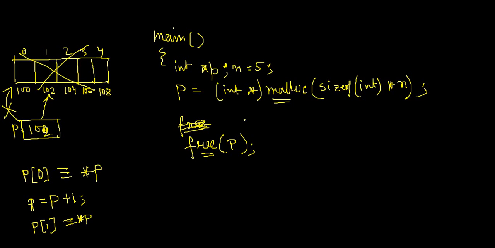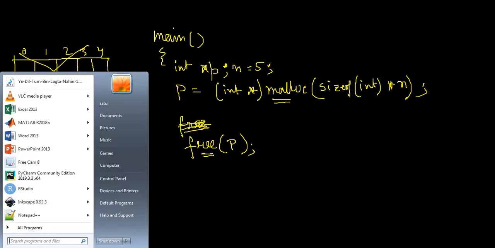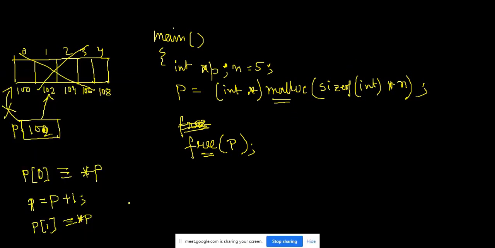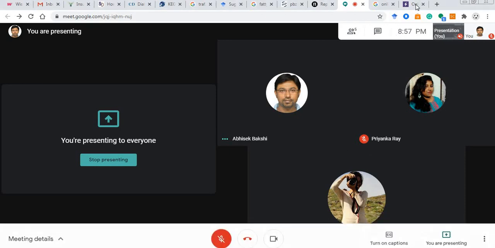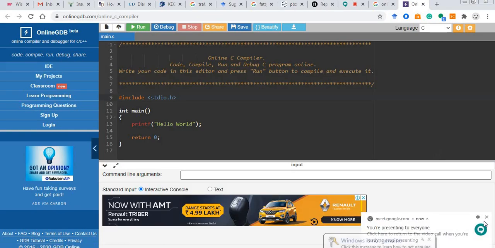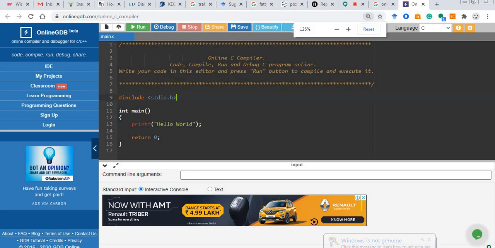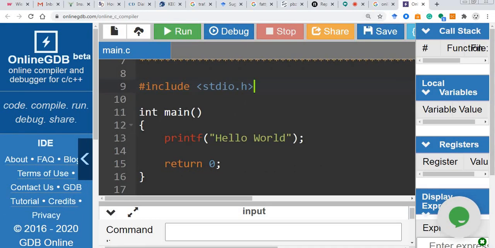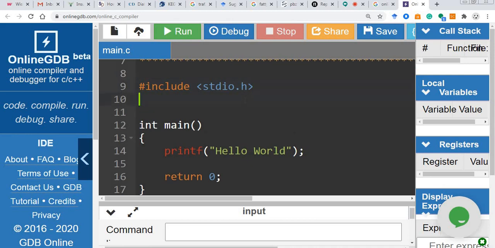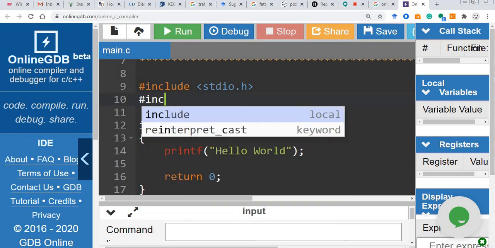Let's take a very simple example to try to understand this. I have an online compiler over here, so let's write this one. By the way, one thing, just a minute. Yes, I think now it is visible. We have to use one header file for using this malloc function, that is, so include